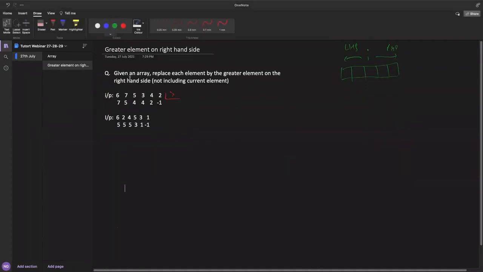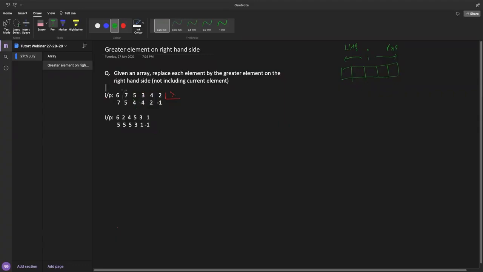For example, for 5, what are the elements on the right hand side? 3, 4, and 2. Who is the maximum among 3, 4, and 2? It is 4. So you have to replace 5 by 4. You have to do the same thing for every element.